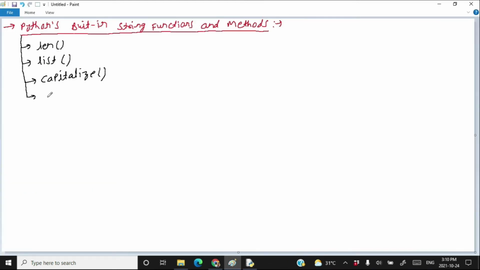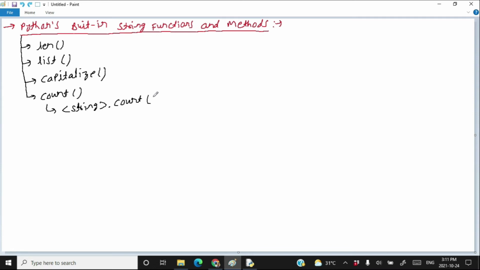The other method supported by string is called the count method. The count method can be called as string dot count. That means you do not have to pass the string as a parameter to the count method, but you have to call the count method by using the string object. String dot count, and there are three parameters in count.